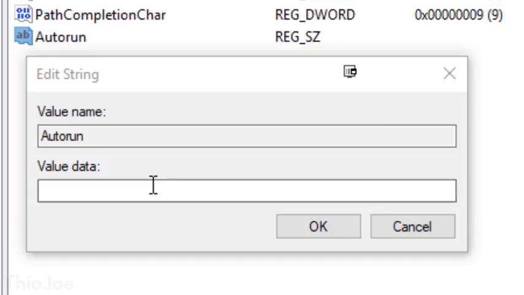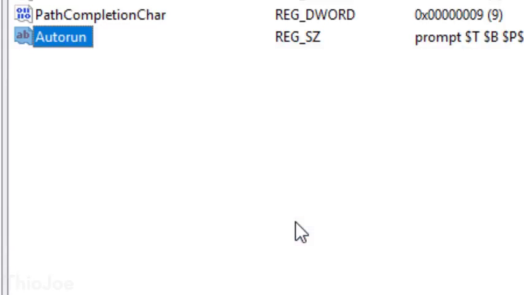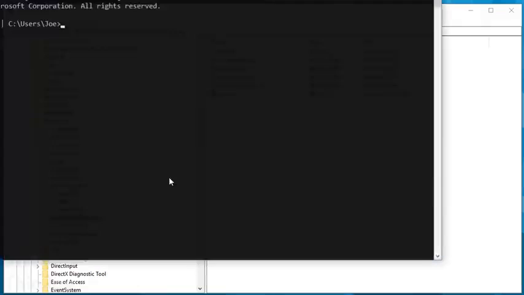In this case, if we want the prompt command to always have a certain format that we customize, like the one we just made, all we have to do is paste in that timestamp prompt code that we created before. And now you can see when we start up command prompt,